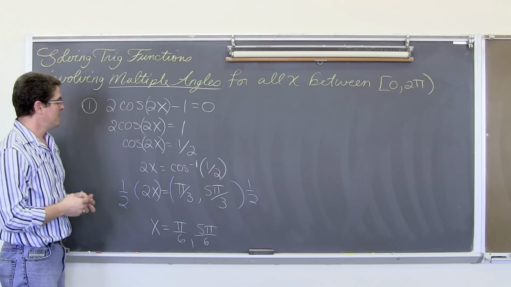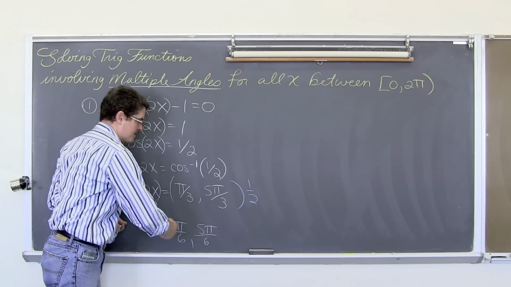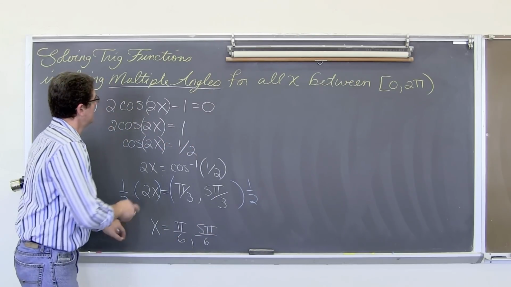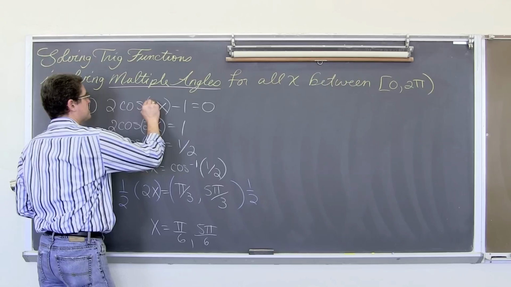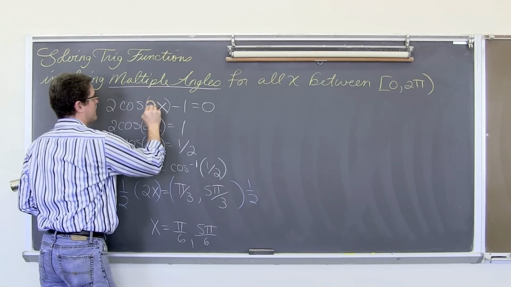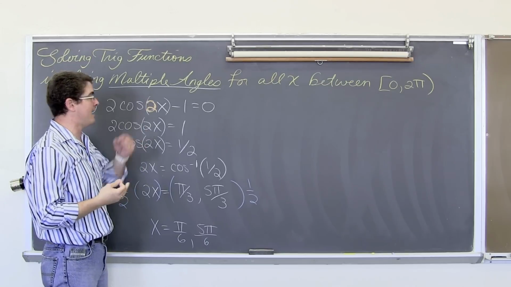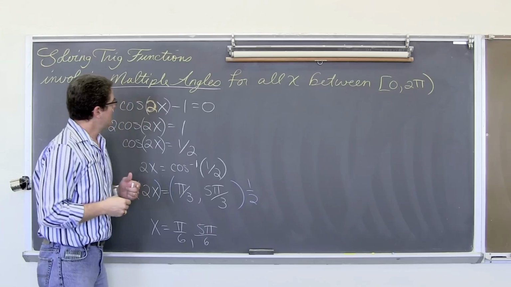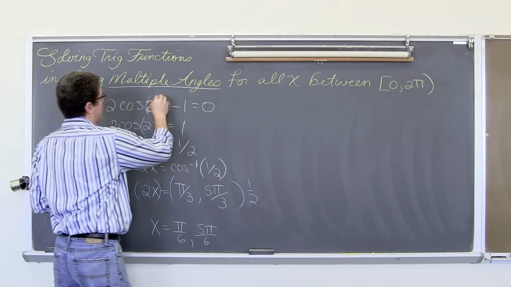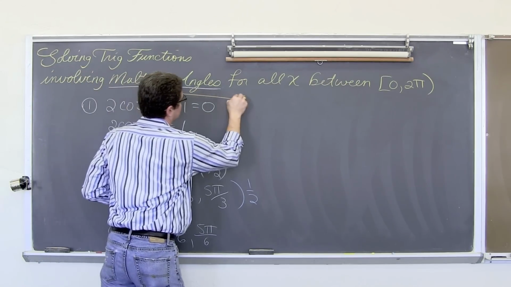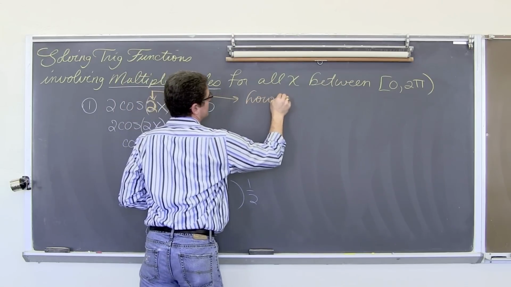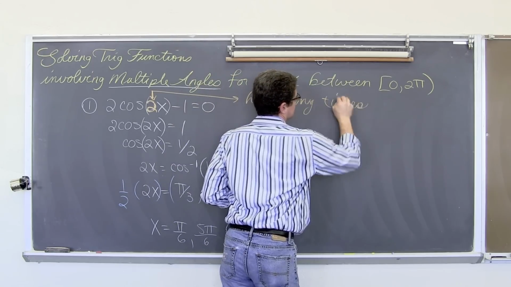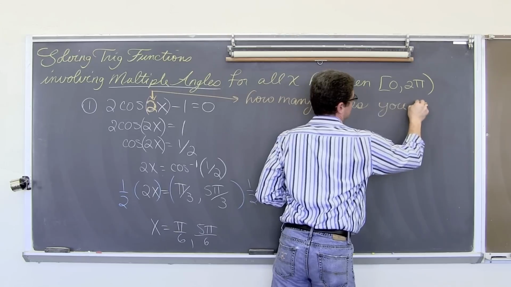See, the deal is, if you want all your possible answers, what you have to focus on here is this double angle. And this 2x, or the multiple that is in front of the variable you're looking for, the x, okay, that multiple that's in the angle that you're trying to solve for, basically, you could think of this as how many times you need to go around the unit circle.